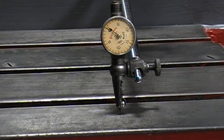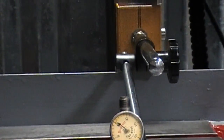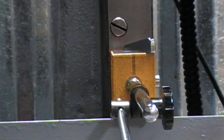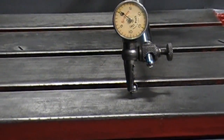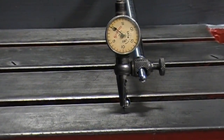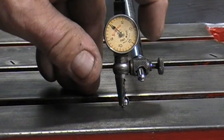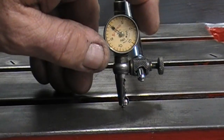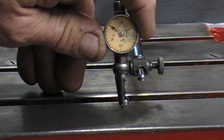The way that I have this magnet set up over here is on the way cover. I guess I could put it down here on the saddle, and then I can get a little bit more of a sweep. But this will kind of give you an idea where it's at as far as being flat or true. Let's get this doggone thing set close to 0. I know we just want to see it move, but I'm just...